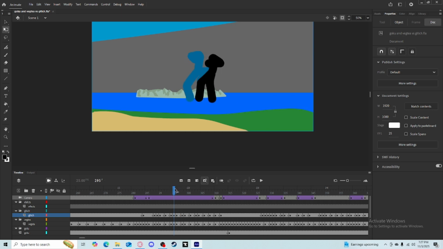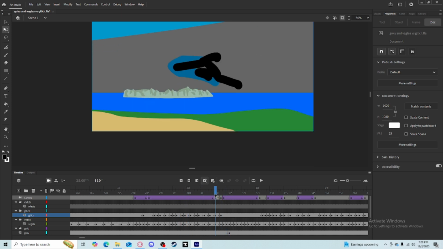It's like an instant punch. There's no wind up, there's no nothing. It's an instant punch because it's a fast punch, and I don't want it to be all slow and taking up all the space, and it's a slow pace, right? But when you're doing a slow punch like this, well, that's not really a slow punch, it's a fast punch